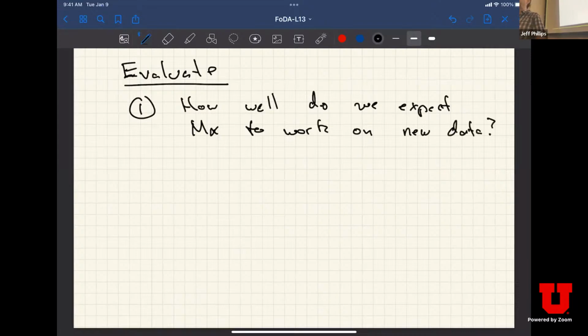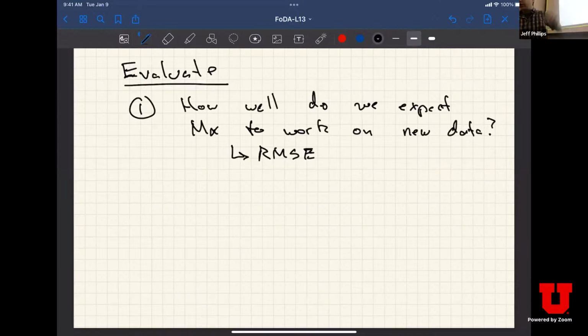So I want to say if I get new data, I'm going to make a prediction, and there's going to be some error, right? So if I look at what's the expected squared error, or what's the expected square root of the squared error, this is based on, say, the root mean squared error of the model. I can give how well do I expect, how much error do I expect to get on some new data